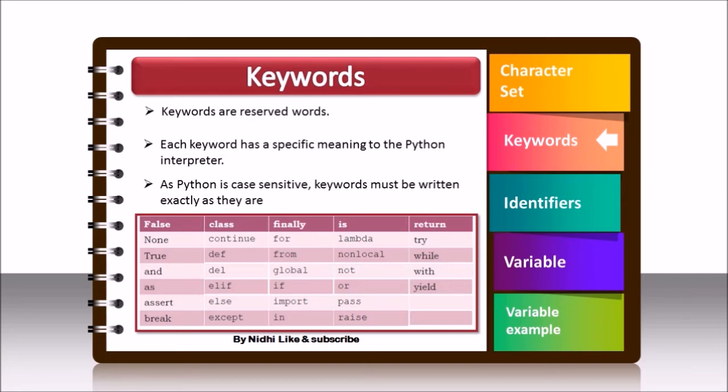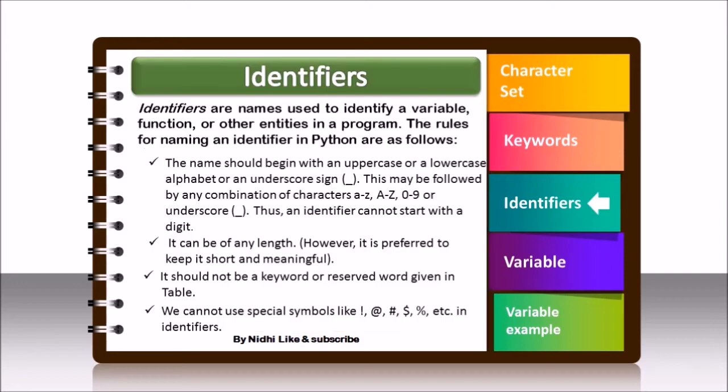So these are the keywords: None, False, class, continue, finally, is, return, and, del, if, else, break, in, raise, pass. So this is the list. Don't worry about them. You don't have to learn them, but you should know 4 or 5 keywords. By using them continuously, you will remember that this is a keyword. Right now, when it comes in the exam, just write 4 or 5 keywords that you should know.